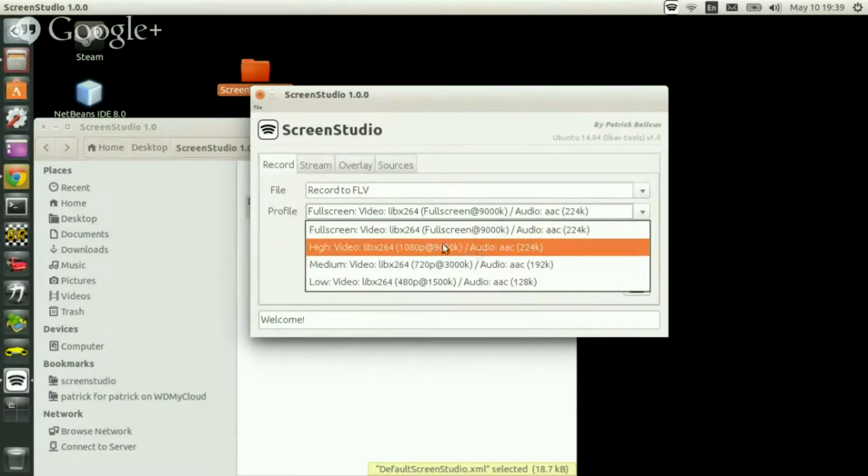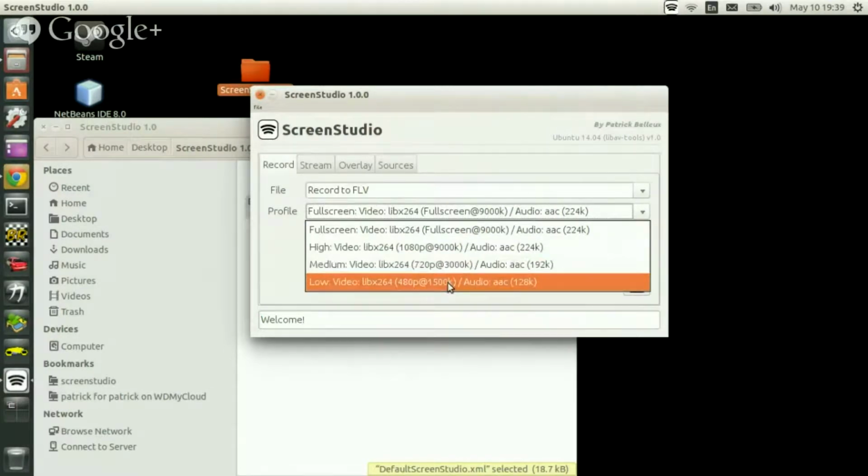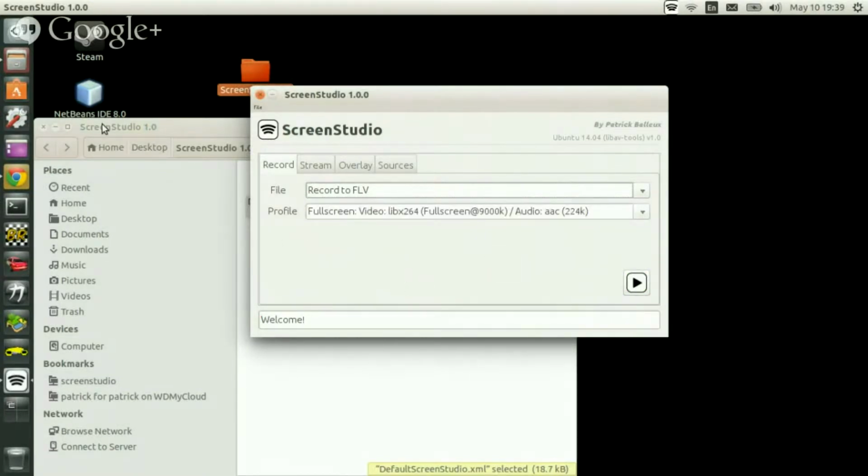Or in high video, high is video in X264, 1080p, and then you have a few values. I've set up medium at 3000K bitrate and a low profile at 1500 to record locally. So it does show you a preview of that profile, what it will do when recording. So then I won't click record, because I'm kind of afraid that my computer will die doing a hangout at the same time. But you would simply click record, and you don't have to choose any file because by default,